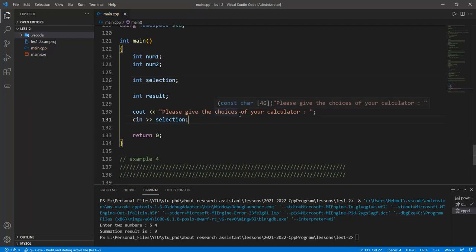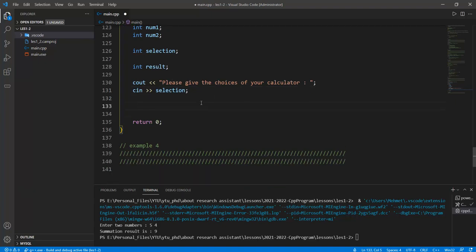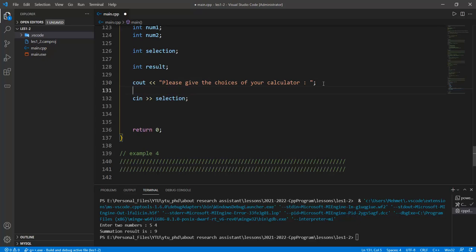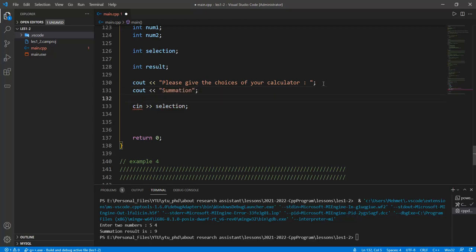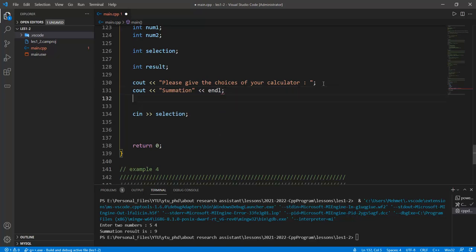And what about the general process? If we have the 4 options here, the cout values should be organized with the summation, and we need to add a leave process here with a new line character, and cout negation